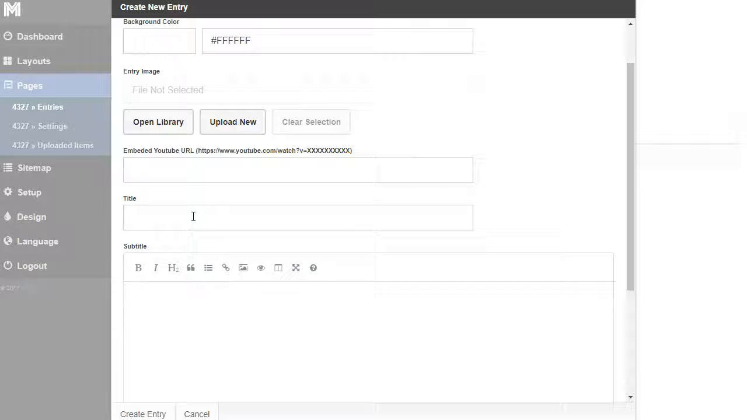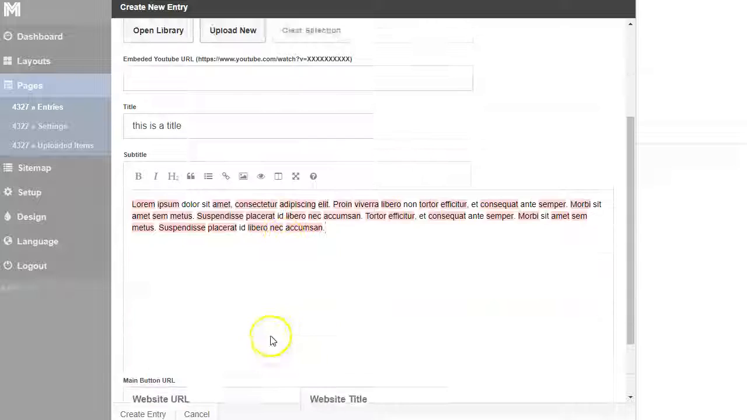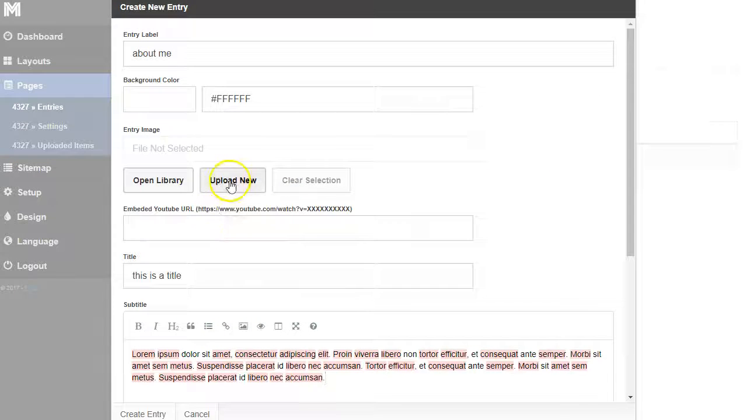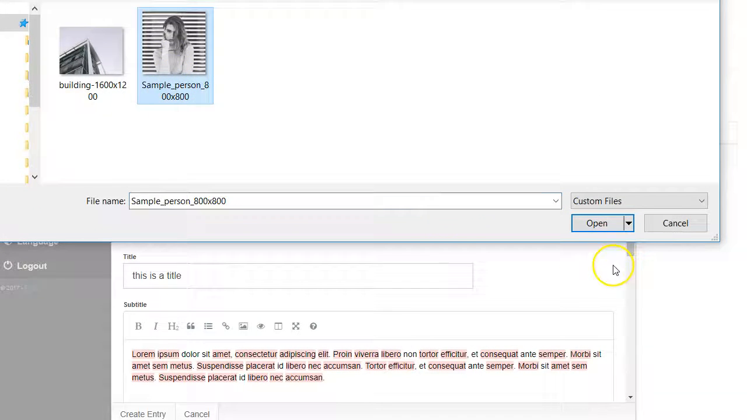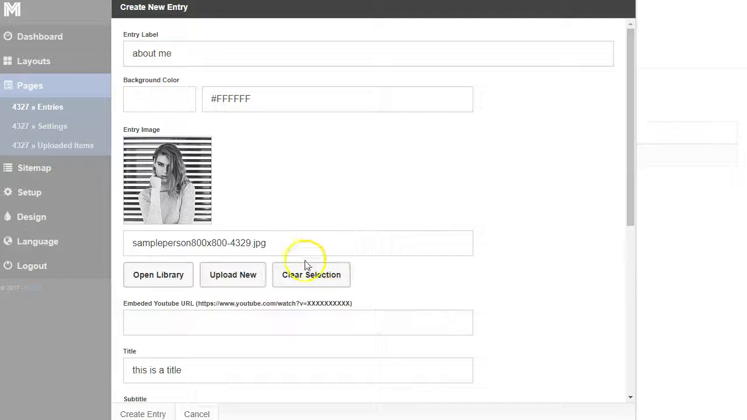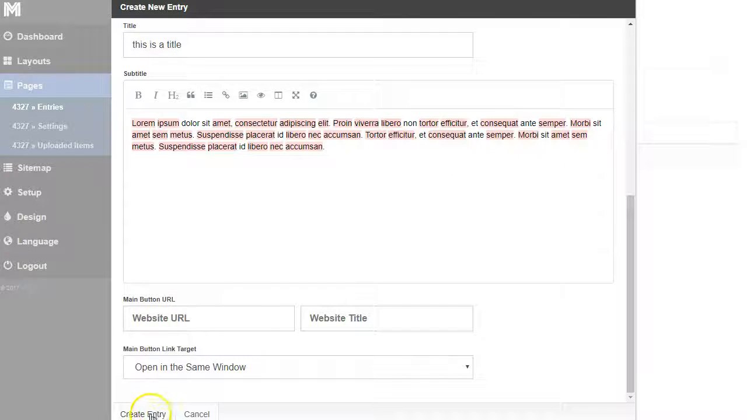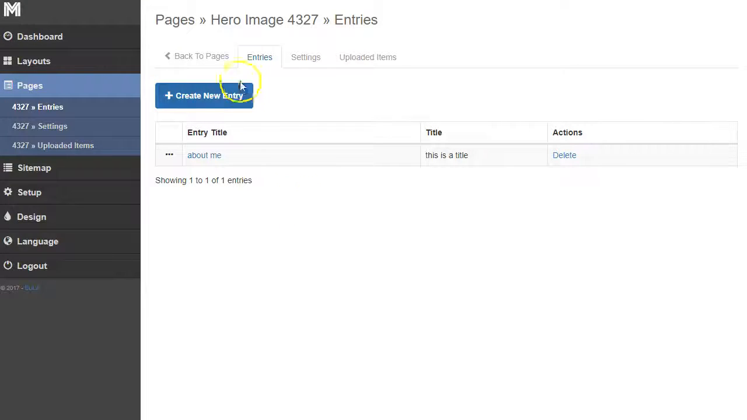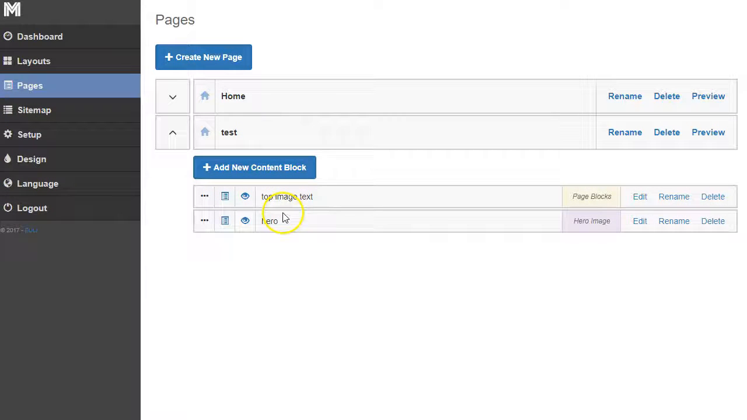And so I'm going to put a title, and I'm going to put some text in here, and I'm going to upload an image. So I want to find an image of that person, and I'm going to click Save, Create Entry. So now if I go back, I have these two items, and when I preview, you're going to see